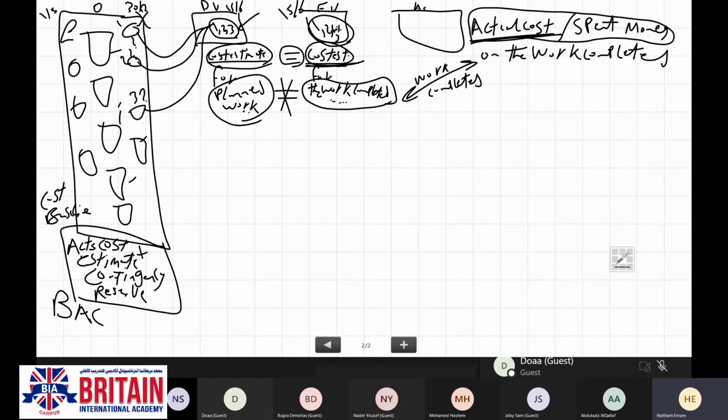The actual cost will be equivalent to earned value when the actual amount of money which has been spent is the same as the cost estimate which I have planned for it.